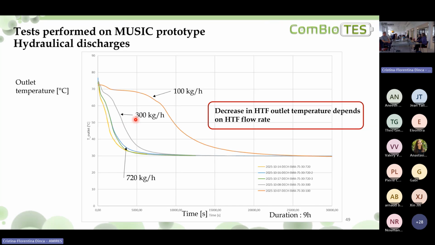First, it's not totally symmetric because the heat exchange depends on the flow rate and on the resistance on the other side, in the PCM, and it also depends on the temperature difference. When you are in charge, the PCM melts at 70 degrees and you charge with 75 degrees heat transfer fluid. So you have only 5 degrees temperature difference. And in discharge, you have 30, you have more difference in temperature. So the power should